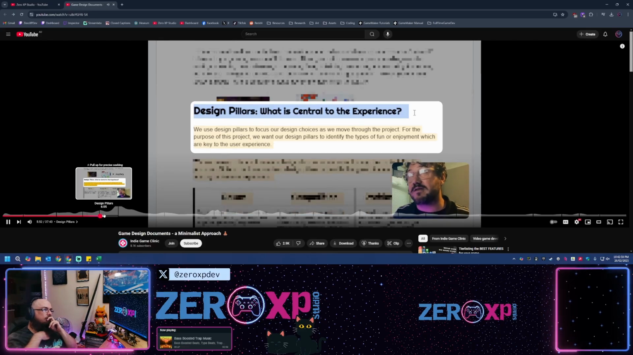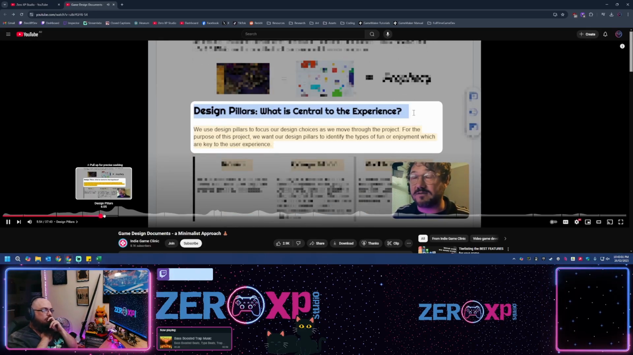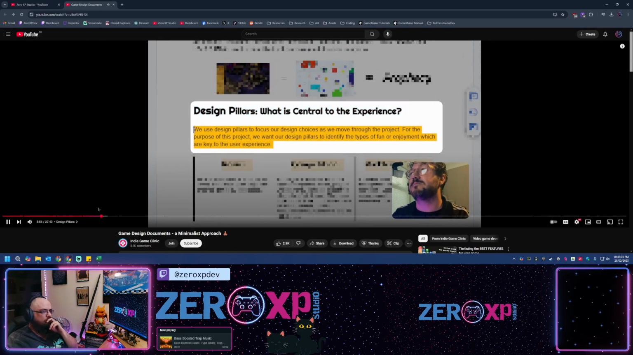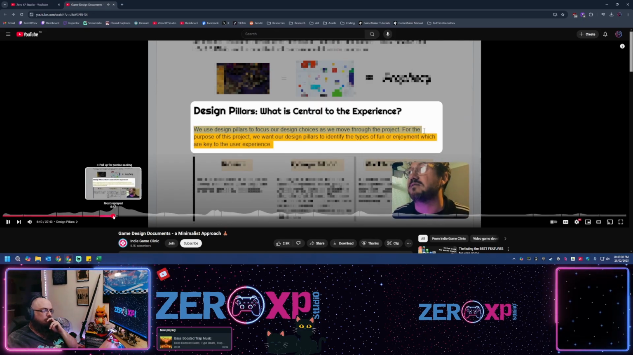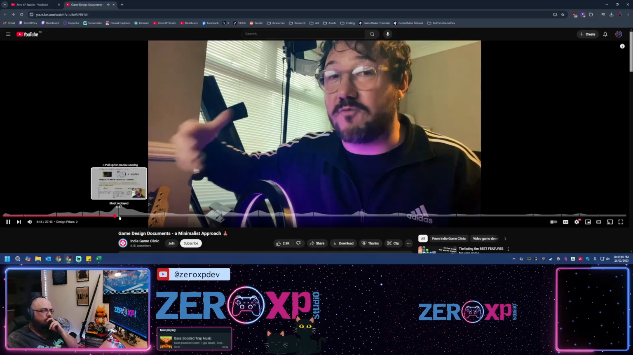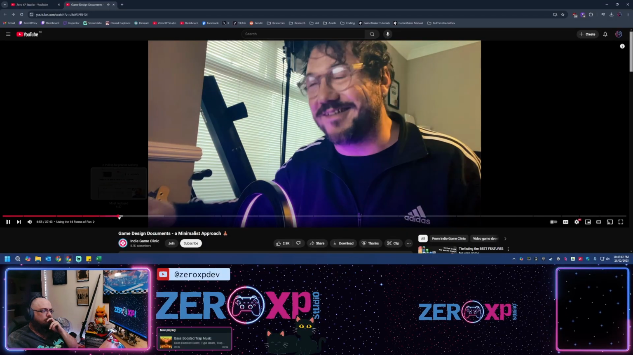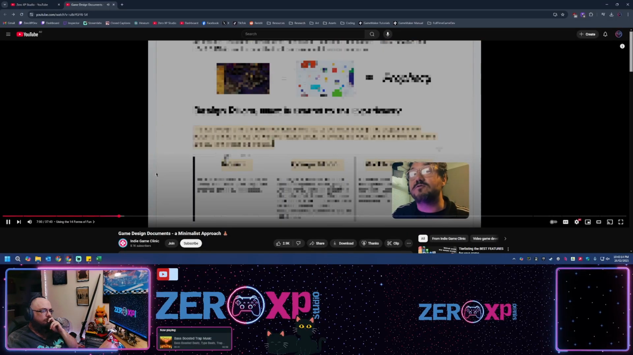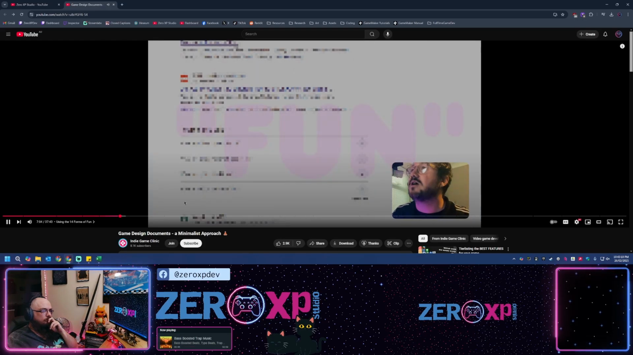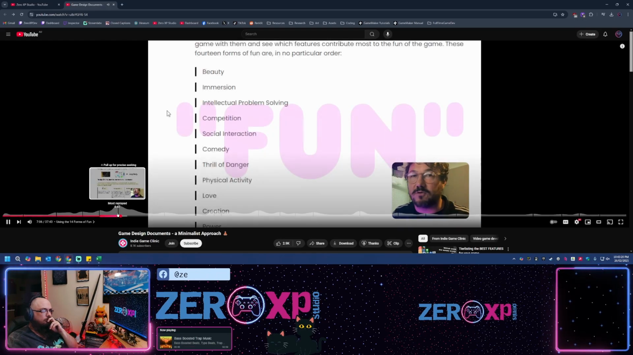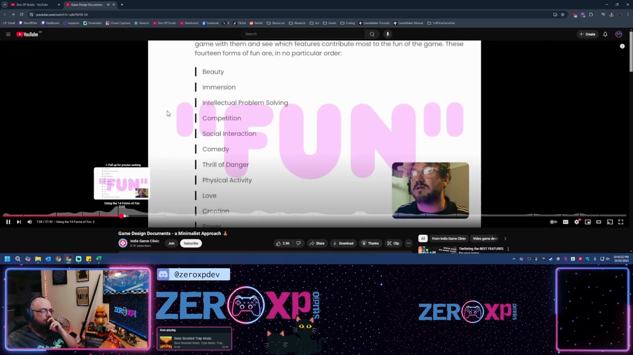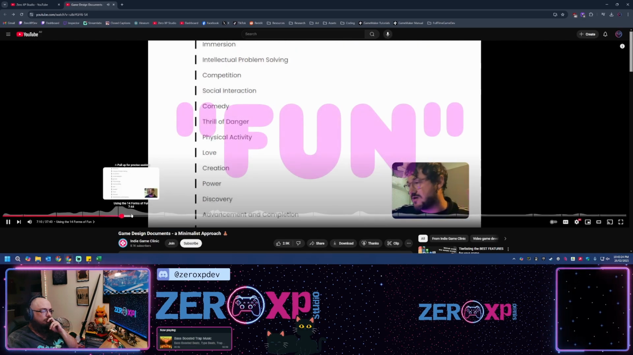Now, one of the things I like to introduce early on is design pillars. Game design pillars are there to help guide the design, and one of the things I would advise you do is use this framework called the 14 Forms of Fun. This is a really helpful tool, especially if you're working in a team, because fun is too much of a